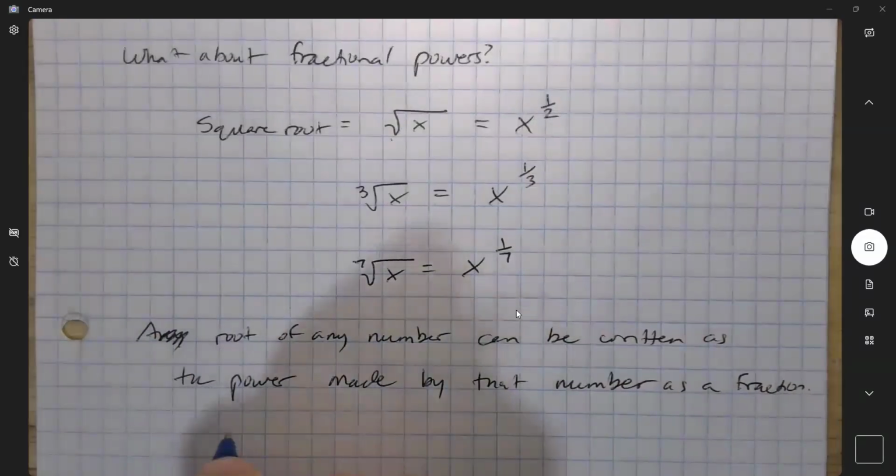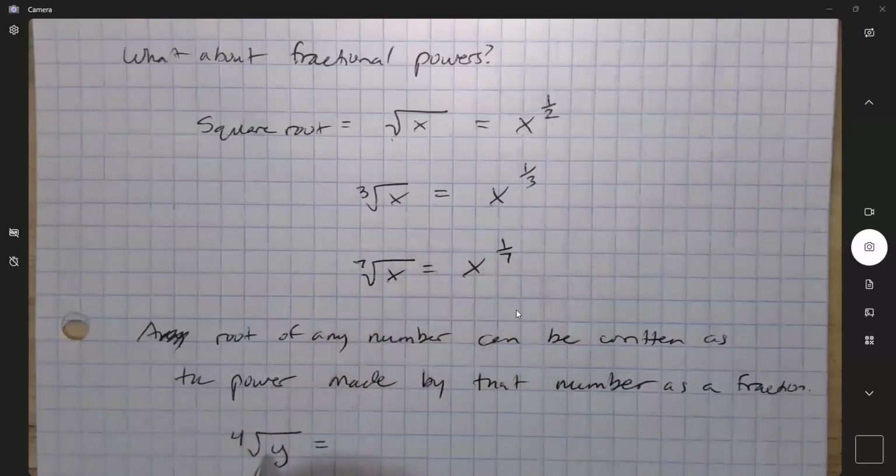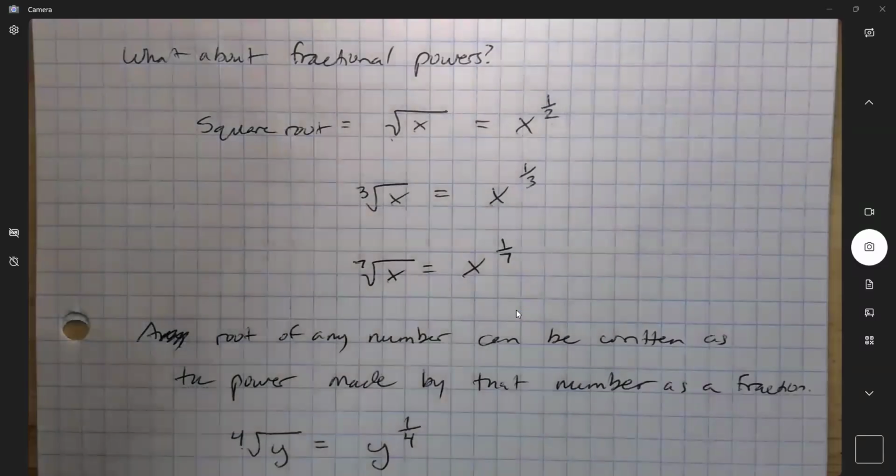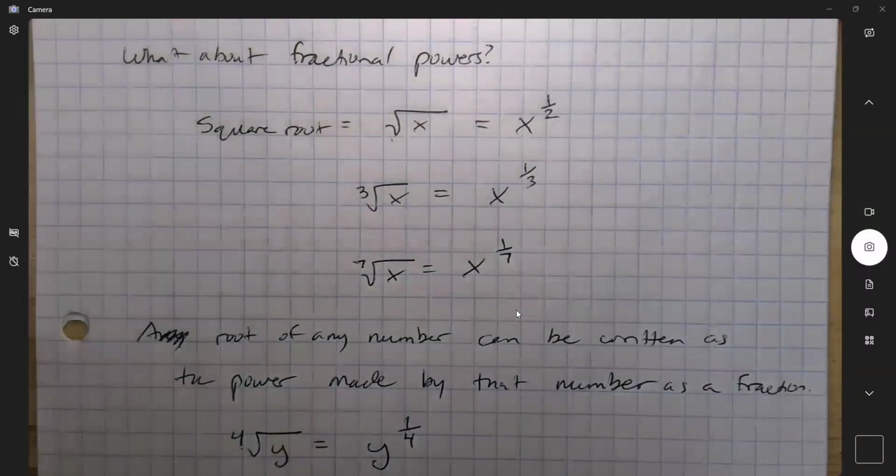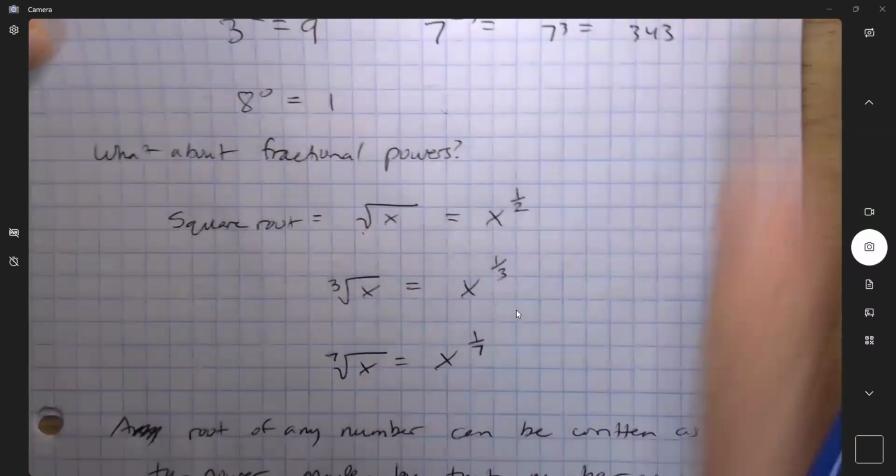If I want the 4th root of y, I can make this root y to the 1/4 power. And the reason we do that and the reason it works is so that all of our other rules of exponents work. And this allows us to do one other thing,